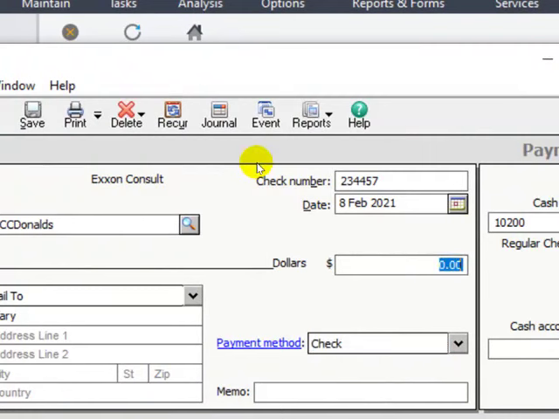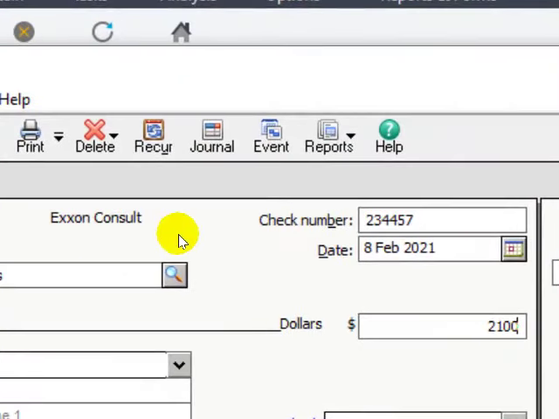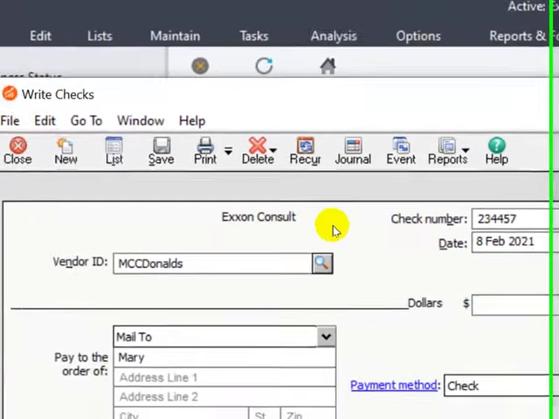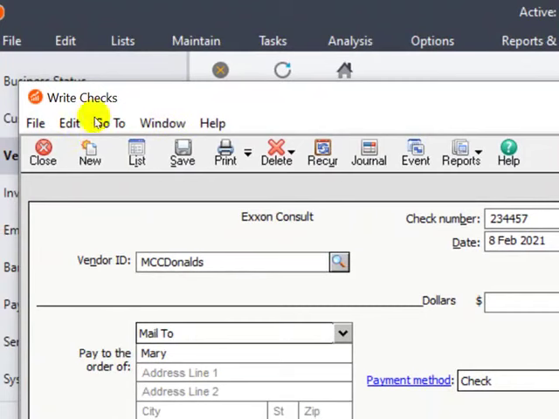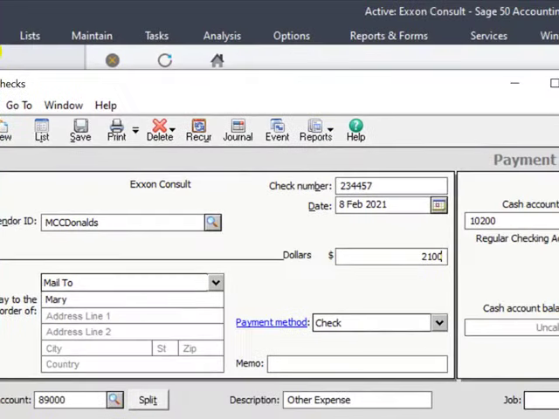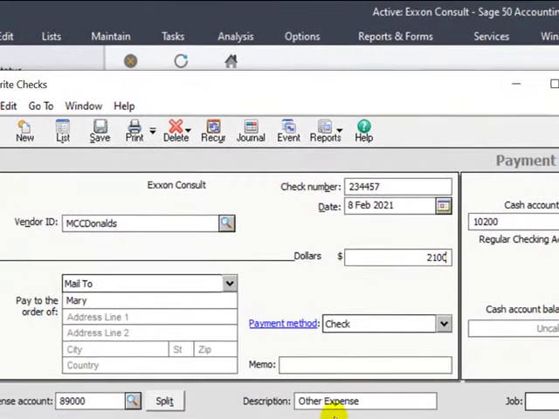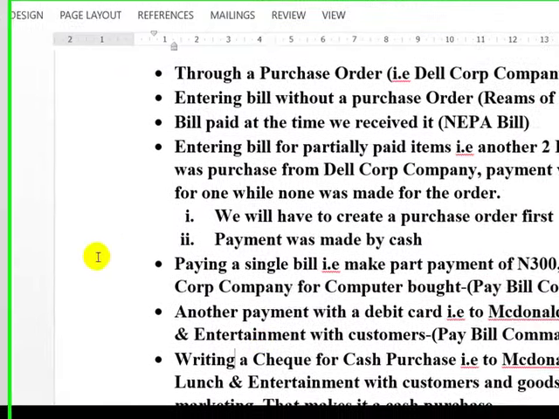Okay, let's assume we are paying 2,100. This is what we should have done earlier. The first time, we did the transaction relating to McDonald's. We should have made the payment for that particular transaction using the check command. But that was an oversight. We did something else. Okay, now, you can see this transaction is made up of two transactions, lunch and